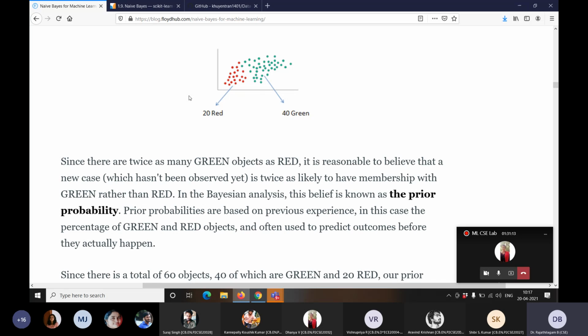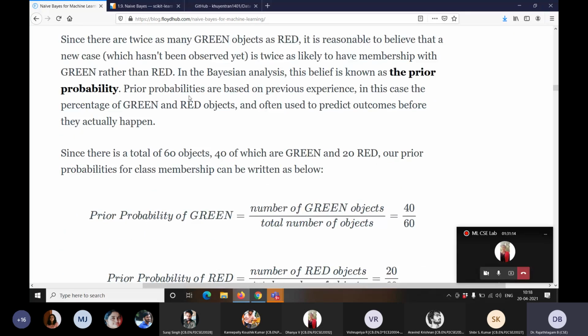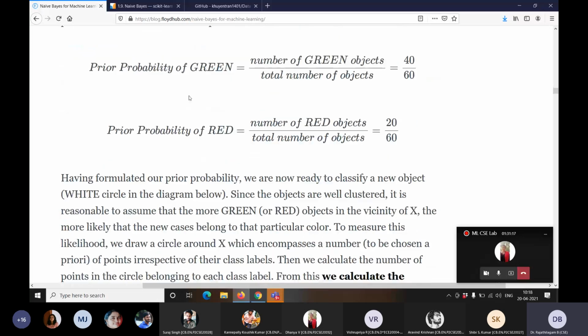Since there are 60 data points, our prior probability, you can write like this, as I said, the number of green objects by total number of objects. Prior probability of green, prior probability of red. So actually 40 by 60 is higher than 20 by 60. So having formulated this,